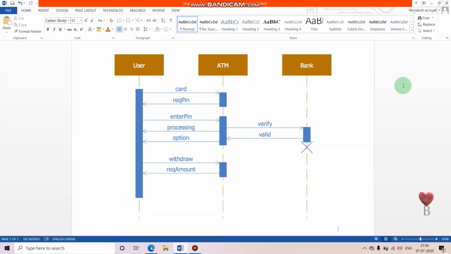This is also an example of an ATM machine. We have already done the ATM machine example in the use case diagram and the class diagram, and here also we'll do one example of an ATM machine, and in StarUML we'll do some other example of the sequence diagram. So let's start with this example.